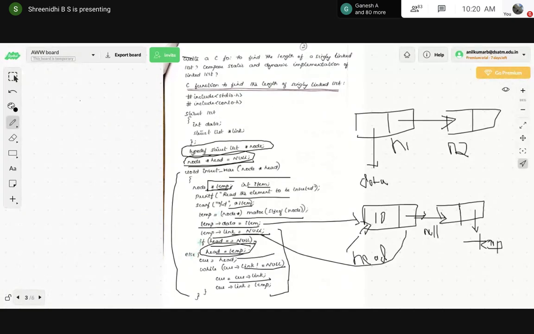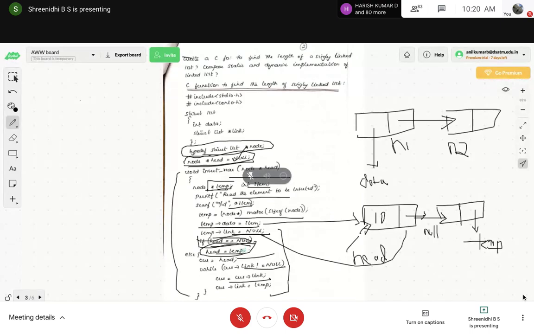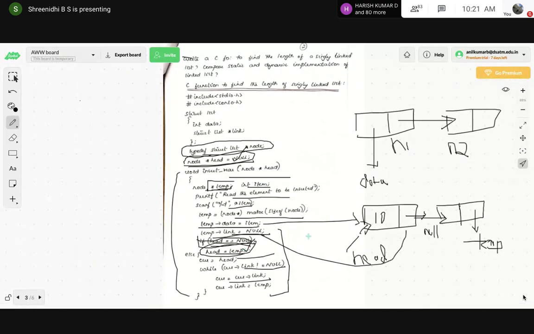So here, for the head part equal to null, we are checking the condition. Initially we made head as null. So null equal to null. If that condition is true, it will assign head to the temporary variable, the temporary node we created. If not, else current is equal to head. When we are inserting the data for the second time of the node, at that time the else part will be executed, not this part.